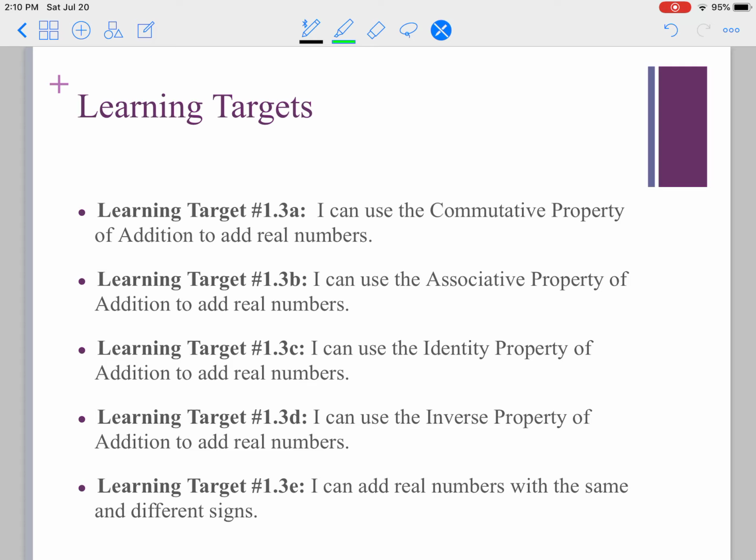And finally, learning target 1.3e, I can add real numbers with the same and different signs. The first 4 of these are properties that become especially important as we move into both simplifying expressions and solving